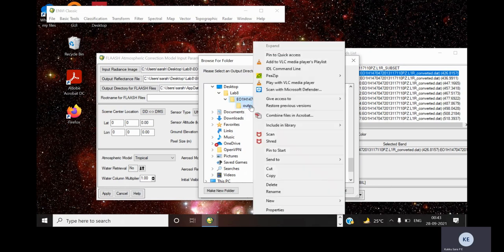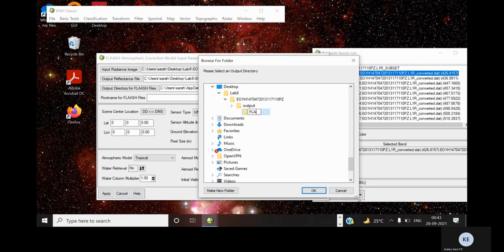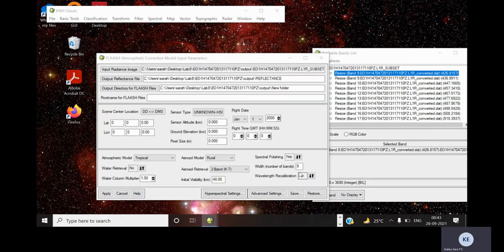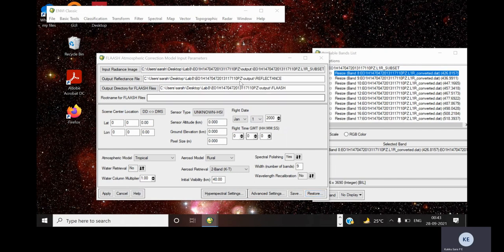Inside the output folder, we'll create another folder called flash. Select the flash folder. So we have created the output directory for flash files, and we have to give the root name for the flash files.